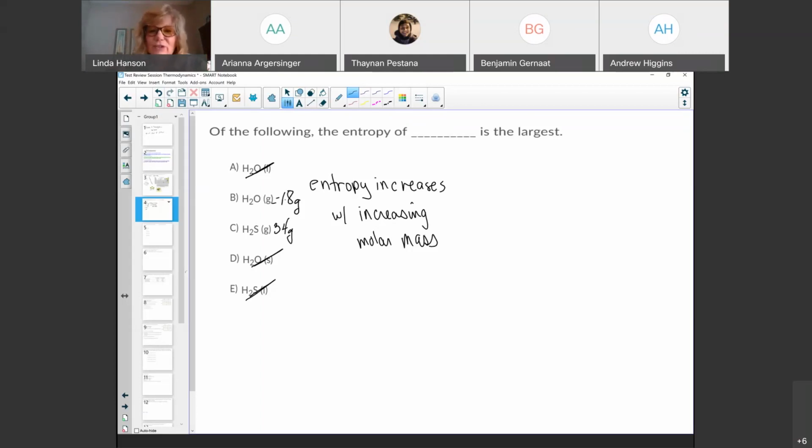I can narrow down the list real quick by eliminating liquids and solids. And from the remaining choices, I want to just pick the heaviest molecule. And that's all there is to this question. The greatest entropy is the heaviest molecule in the gaseous phase. And there, we focused on letter C. And I know there's multiple questions like this. So that's the strategy for this question. Even if you're given a different list of compounds, it's the same strategy.